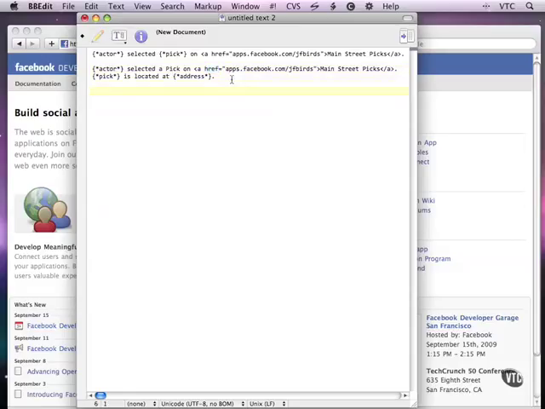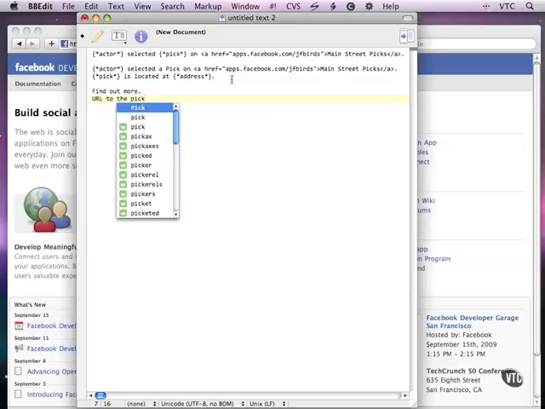And finally, what I can say is, do I want an action link? And yes, I do. And the text is going to be find out more. And the URL is going to be the URL to the pic itself. And I'll show you how to code that. This is the strategy that I'm going to use. And I'm going to type in this code as I build the template. And I'll give you a hint. What it's going to be is the URL